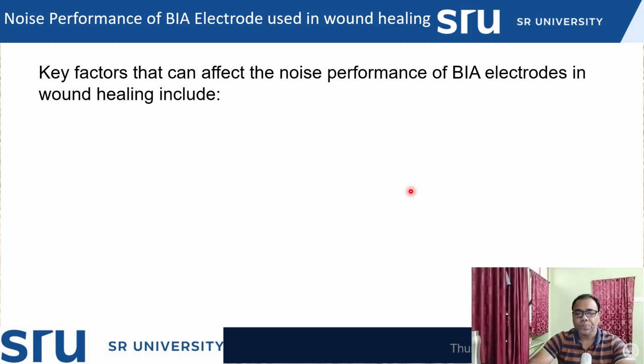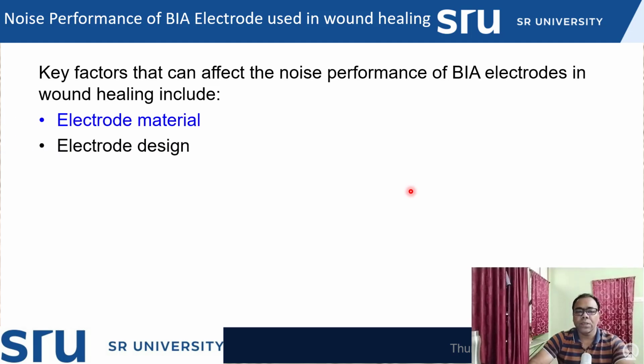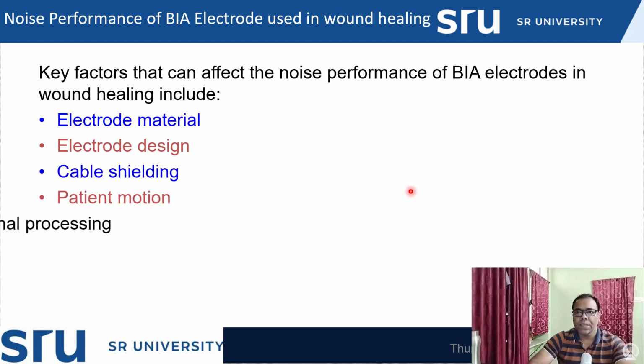Similarly, we will be discussing the noise performance of the BI electrode in wound healing. These are the key factors that will affect the noise performance of the BI electrode in the wound healing process. That includes electrode materials and electrode design. Similarly, cable shielding, because the electrode will be connected with different cables, so proper shielding of the cable is also very important. Similarly, patient motion and movement have to be stopped by any means. Similarly, how the signal is